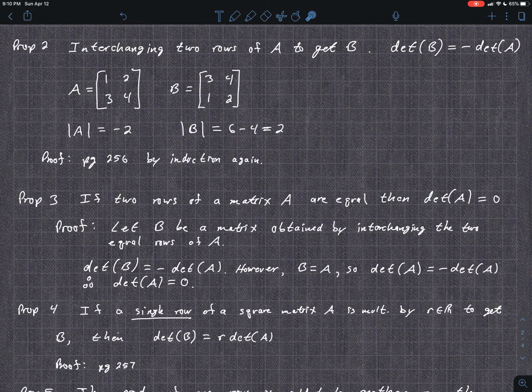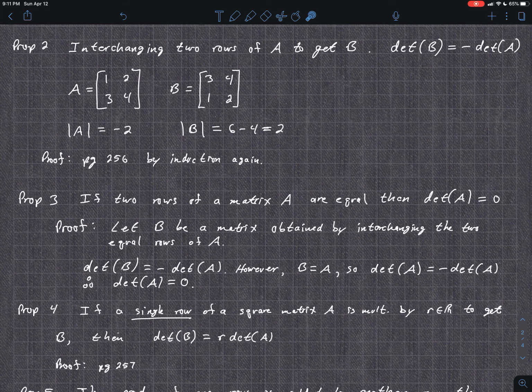Property 2, interchanging 2 rows of A to get B. So you interchange the rows. Then they're opposites, and one's the negative of the other. So I showed an example here, right? And you get 2 opposites. Again, the proof is on page 256, by induction. So you need to remember the